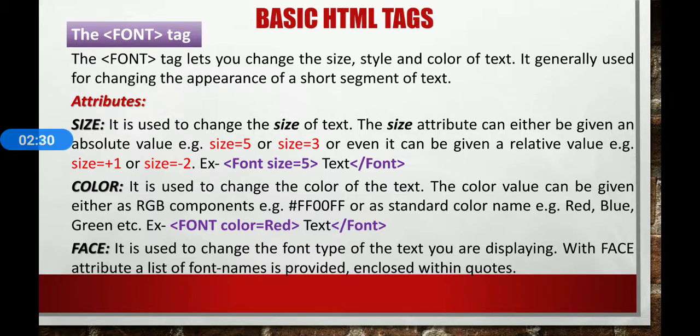The browser first tries to find out whether the first font name in the list is supported by it or not. If the first font name is supported by the browser, then it displays the text in this font. Otherwise, it will display the text in the next font name which is supported by it. If no font name in the list is supported by the browser, then the browser renders the text in its default font.